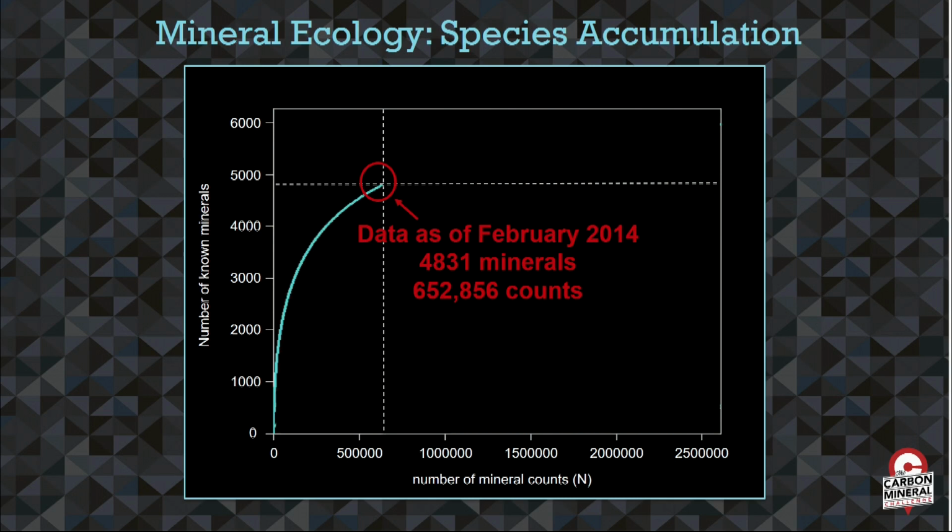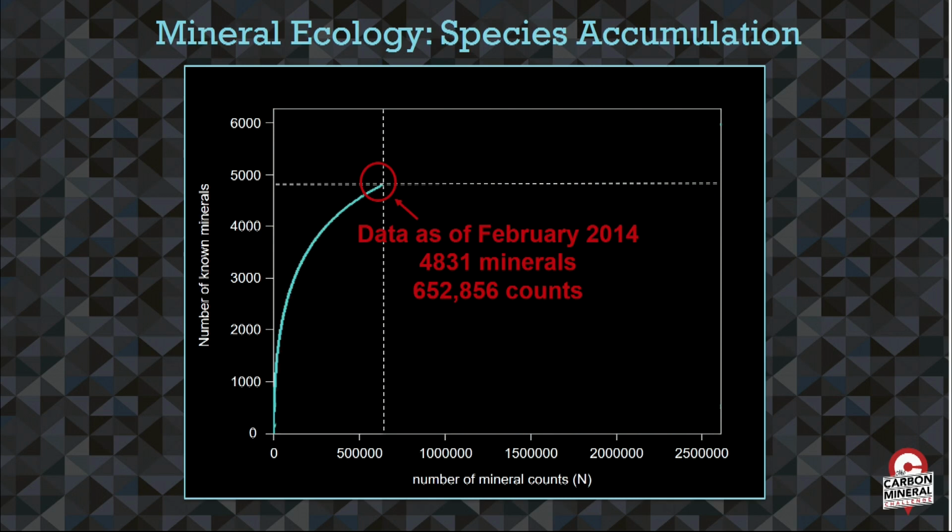Well, that's one tick on my x-axis. And I come over here and I say, oh, well, at this location, I have this other mineral. That's another tick on my x-axis. And in the beginning of that process, we find new species very quickly because most things we haven't seen before. But very quickly, it starts to taper off because things that we find are increasingly species that we already know about. Okay? And this is something that biologists have been doing for a while, but us mineralogists have only started